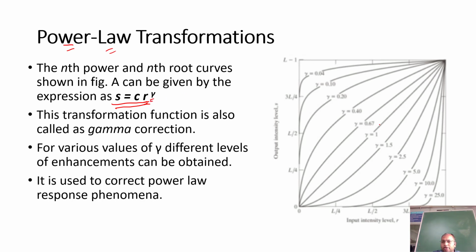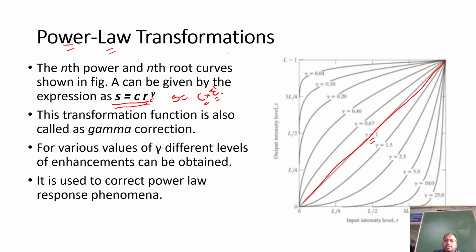Over here you can identify that if gamma is equal to 1, then it is an identity type of curve. Whatever the input pixels are will be kept as they are in the image. This represents a linear operation. If gamma is equal to 1, that means S is equal to C into R, where C is only a multiplier, a constant, and gamma has a value of 1. So there is no power right now. Raised to power 1 gives the same information, isn't it? That's why it represents the output image as it is, the same as your input image.